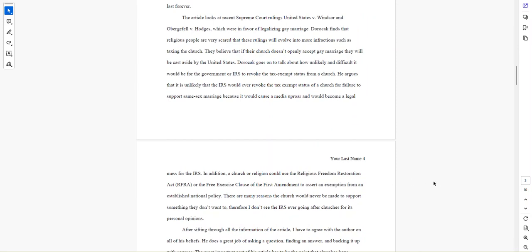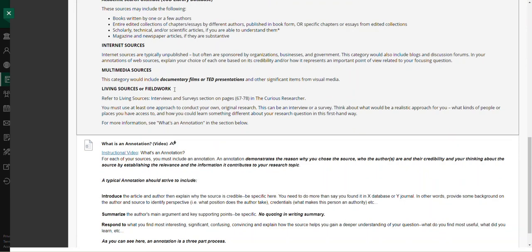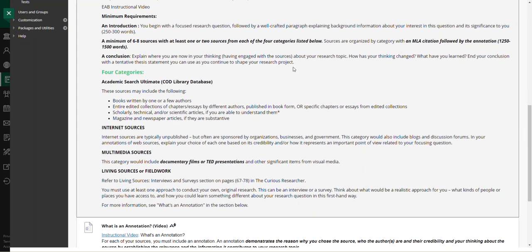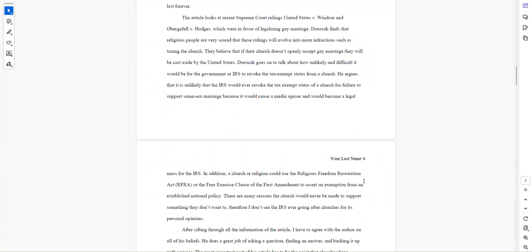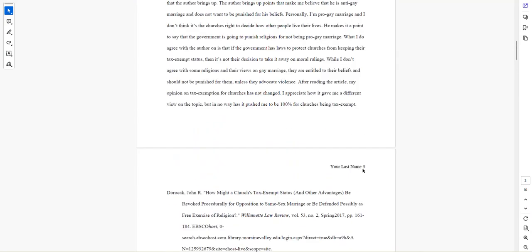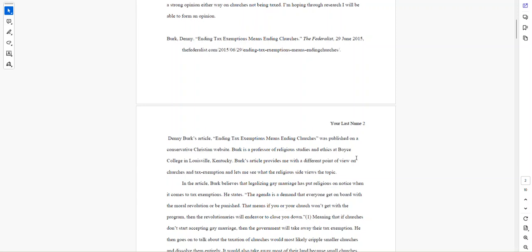So some people have walked by the conclusion that's asked for in the assignment. Here, you have to have a conclusion and a tentative thesis statement. These are minimum requirements. This is what I'm looking for, and this is what you'll be graded on. So be aware of my commentary and then the grade and the annotation. If I go back here, visually, if your particular EAB draft does not look like this, with all the different parts and annotations and citations, you might have a grading problem there. So I want to be able to point this out.